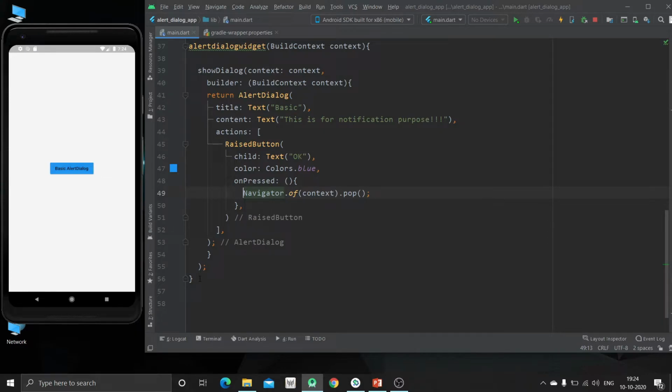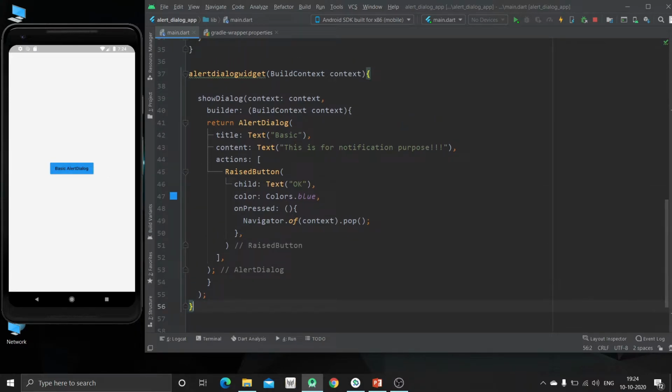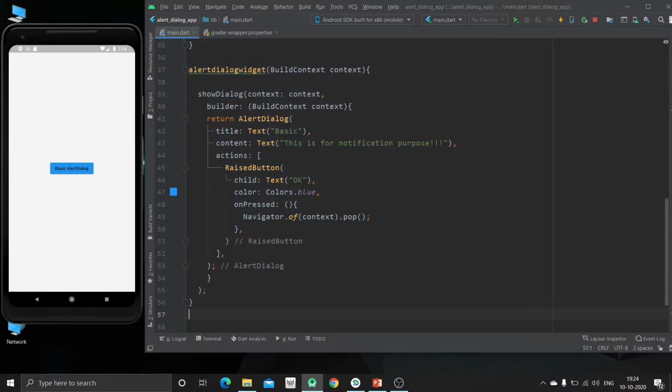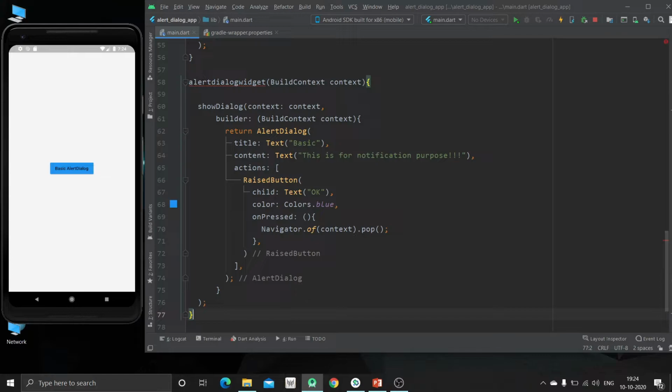Now we will see the second widget. So for that, just copy this whole widget and just paste it over here. Now we are going to specify it as text field alert dialog widget.